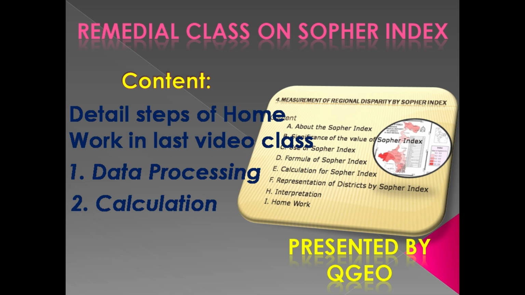In the last video, we had already discussed the SOFAR index in detail. There was a homework problem to represent the disparity of the present status of the COVID-19 active population of some selected states in India by SOFAR index analysis. Many of you asked different questions to solve the homework. The present video is the outcome of your questions. Okay, let's come to the content.